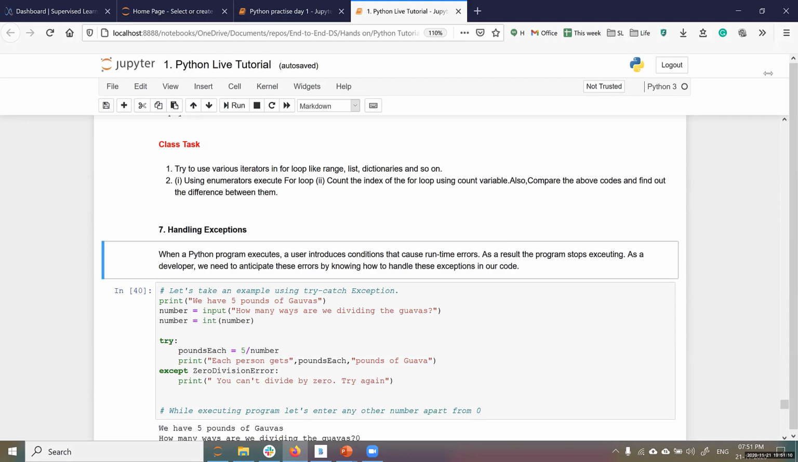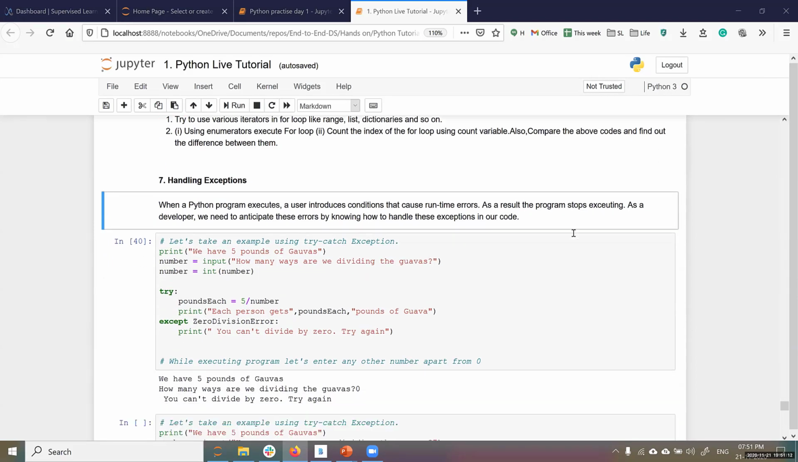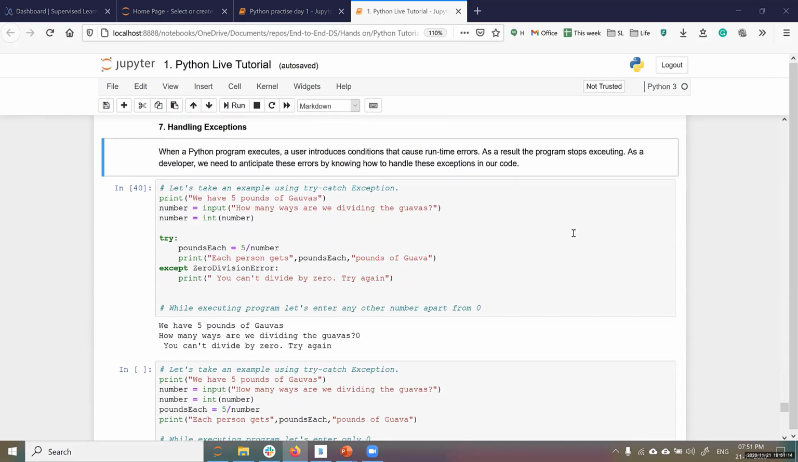All right. The next part we will look at is handling exceptions. Exceptions are nothing but errors, to be precise, when you type something wrong or when some logical error or some math error occurs. What Python generally does is stop executing, right? If you look at C or Java, there are